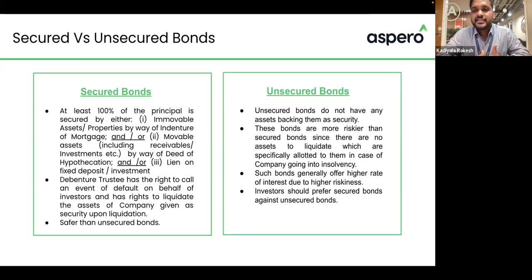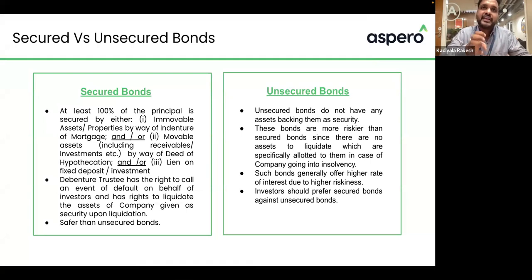One is secured bonds and the other one is unsecured bonds. Coming to the secured, at least 100% of the principal is secured by either movable assets, immovable assets, gold-backed or cash collateral. Let's say an entity comes up with a secured bond of 50 CR. Let's say the company defaults. Whatever collateral they put as security, be it movable assets, immovable assets, or gold-backed, whatever it is, there will be a debenture trustee who acts on behalf of every investor. So he'll come into the picture and whatever collateral this particular entity has given, he'll liquidate it and